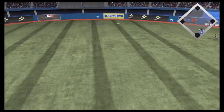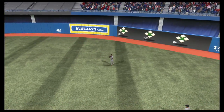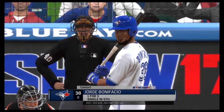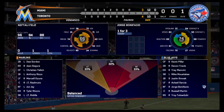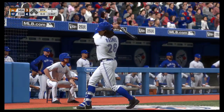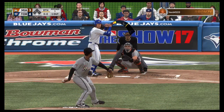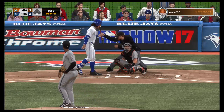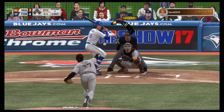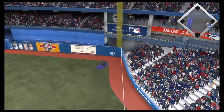Line towards center field. Yelich has to roam straight back, but he has it for the first out. Digging in and looking for more, Jorge Barney. Colby Rasmus will move into the on deck. Number 28, Colby Rasmus. And here's a fastball called for strike 1. Well, this is kind of the life of a pinch hitter. You maybe get one at bat a game, and it usually comes against a relief pitcher that's absolutely throwing bullets